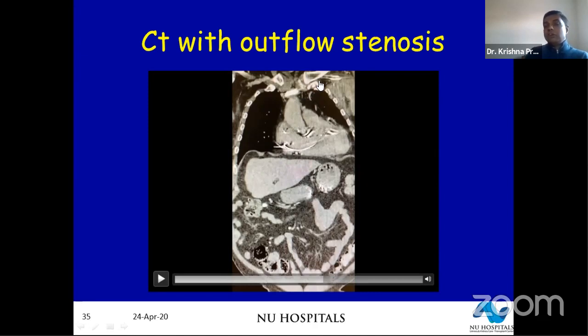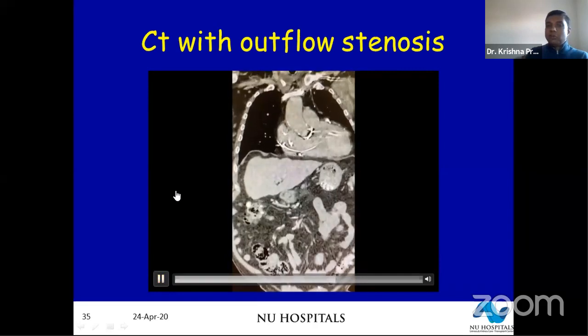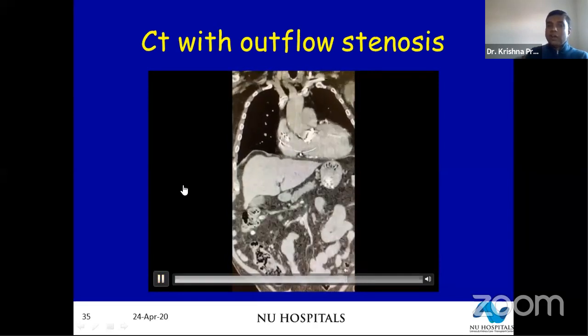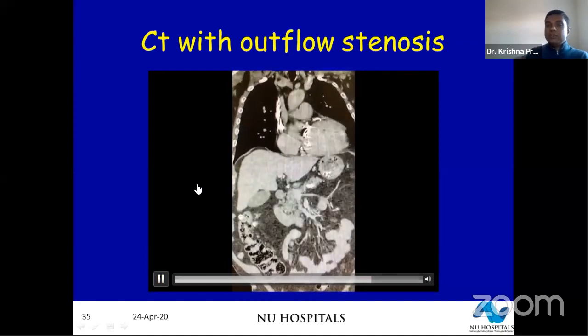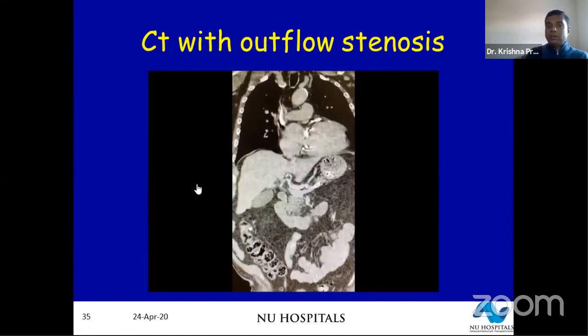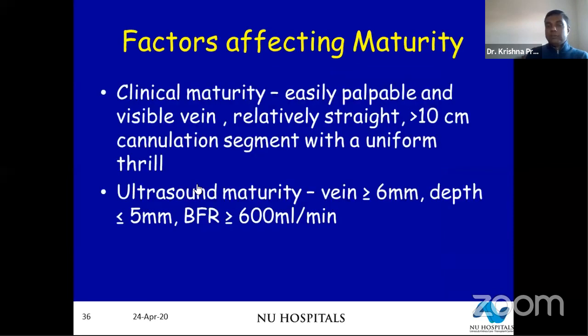So essentially what we did for this gentleman was to create a low flow fistula. We closed the brachiocephalic, we plastied his radiocephalic, we took out his tunnel catheter, left only the pacing wires, and we were able to salvage the situation, and he continued dialysis using his radiocephalic. So these are just two examples to show you how CT venogram can alter the way you create a fistula or give you better options.